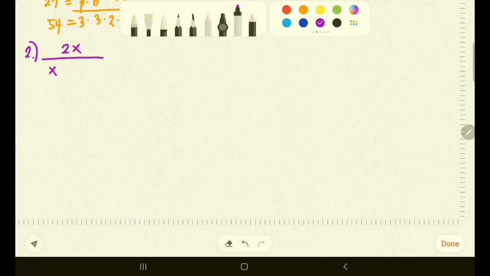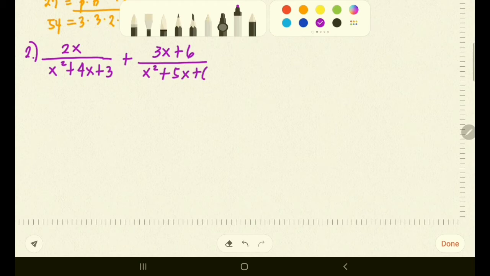2x over x squared plus 4x plus 3, plus 3x plus 6 over x squared plus 5x plus 6. Okay, as you can see, class, they are dissimilar rational algebraic expressions since they have different denominators. So, in dealing with this, you have trinomials as the denominators. So, in order for you to get the LCD easier